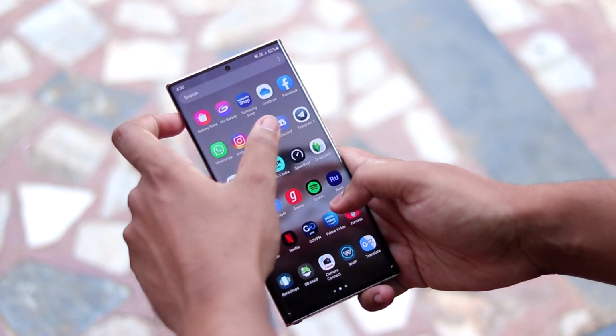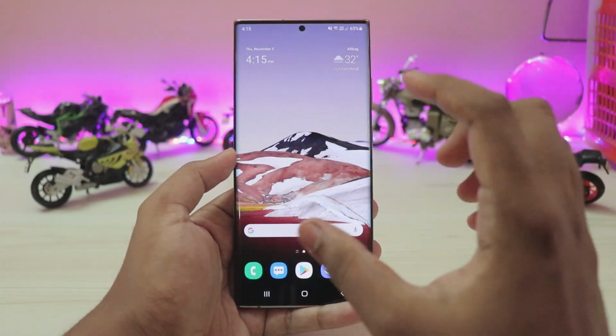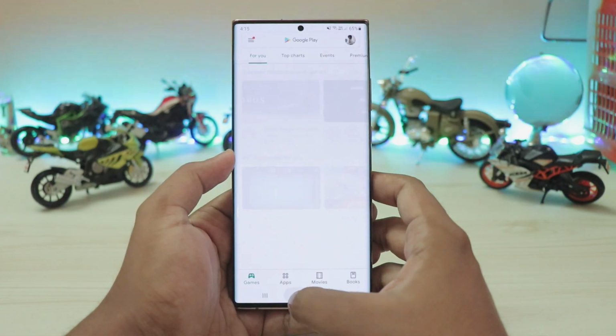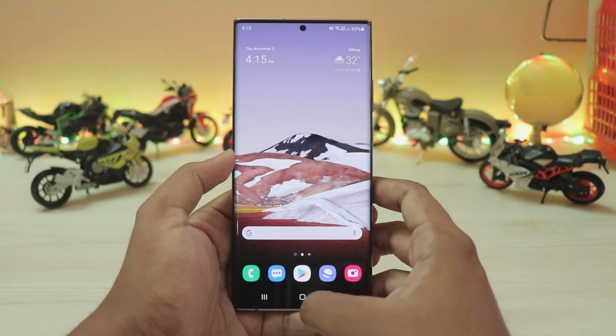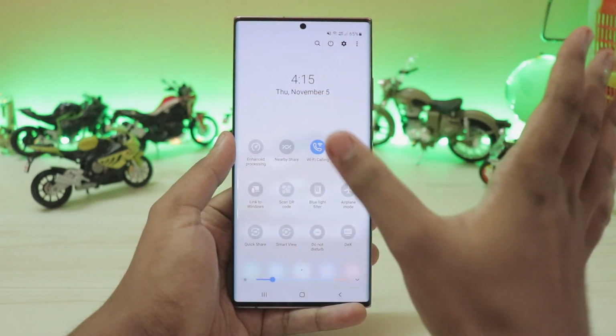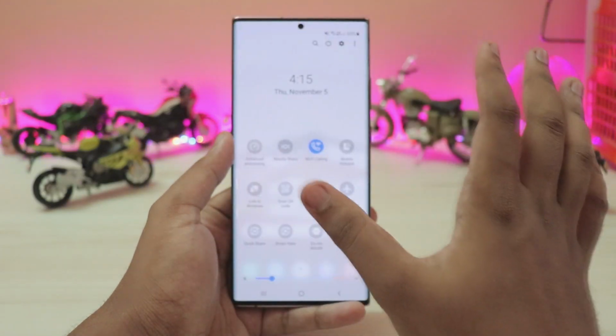But the animations for gestures are far more improved. For example, now if you go to the phone app, there is a little blur while exiting. It does look very beautiful if you're using gestures, and it adds a bit of a more premium experience. Might be huge on the GPU, we don't know yet. Just completely opening up, it's still a waste of space. There are inches of screen wasted completely.